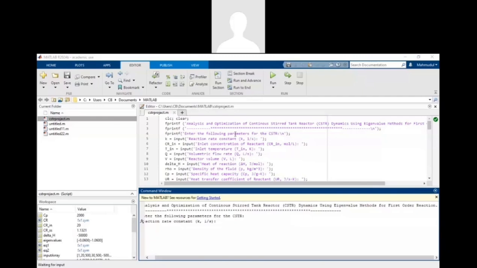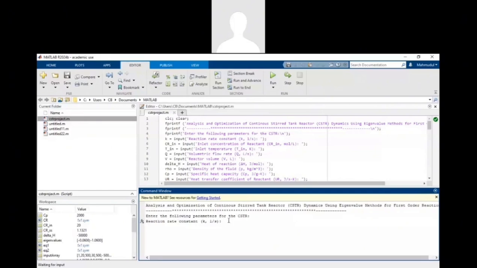So to test our model, we have also developed a simulation code in MATLAB, so that based on the steady state reactor parameters, we can check whether our model approaches a steady state process. That means whether it converges or diverges unboundedly. Therefore, if we execute the code, you can see that it allows us to enter some